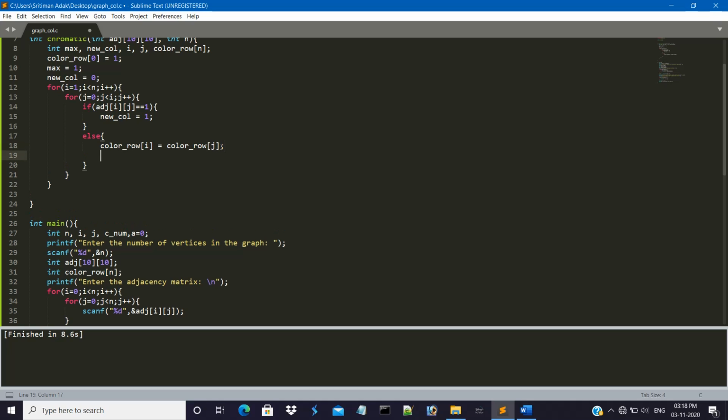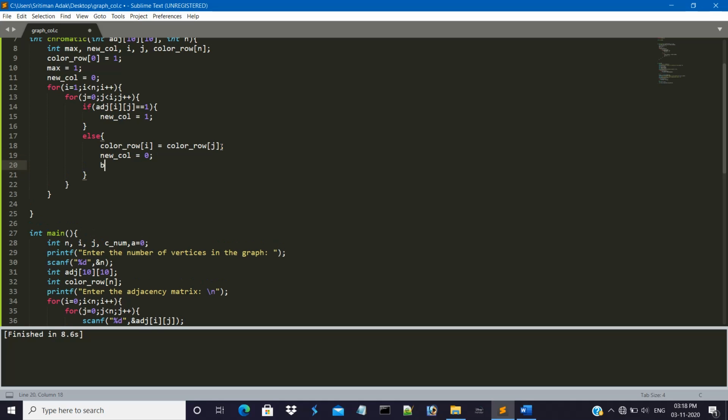So now we have to put the new color as 0 because we have not used any new color, and we have to break. We are breaking from this loop because the current I is already colored. Basically our target is coloring I. So when we see that the I is colored, we just break from this loop. Now in the outer